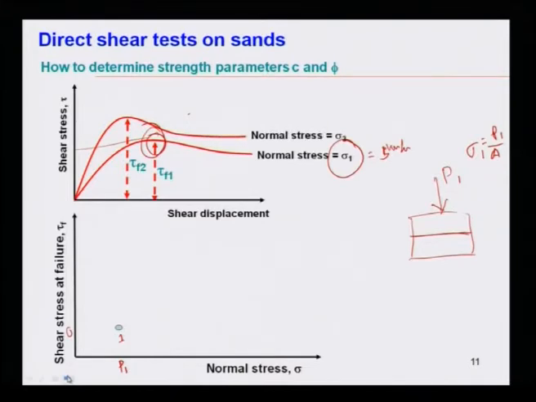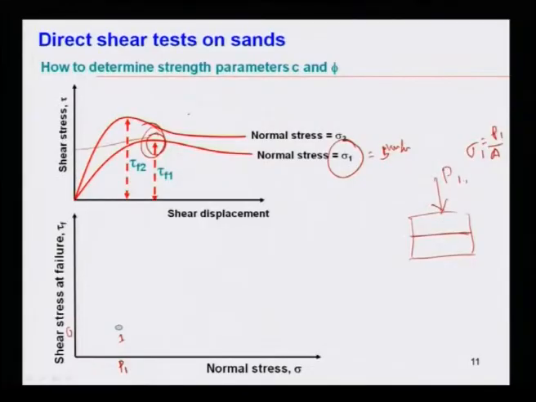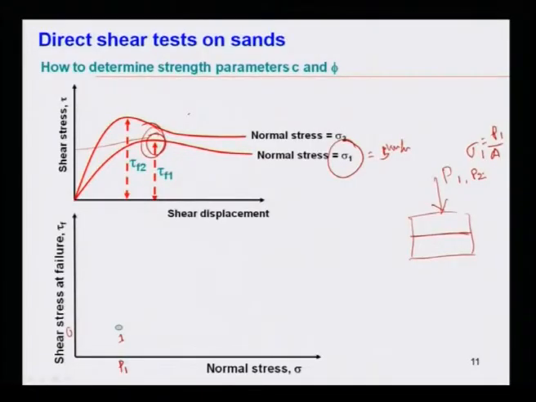Similarly, for a normal stress of sigma 2, say for a load of P2, we can find normal stress sigma 2. With this normal stress sigma 2, you will find your shear stress and shear displacement till failure and plot shear stress versus shear displacement. If you get a peak, that is your failure. From there you find your tau f2. So, with this tau f2 and this normal stress sigma 2,